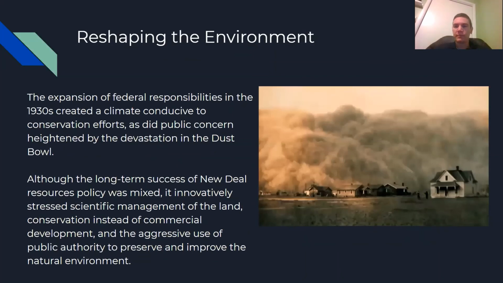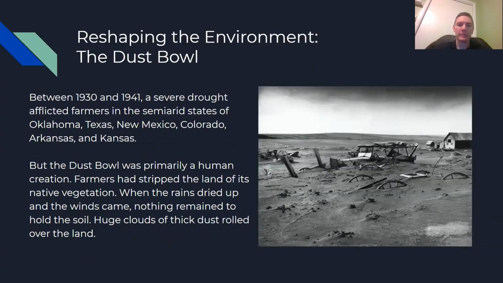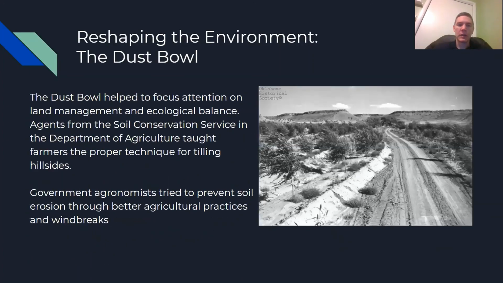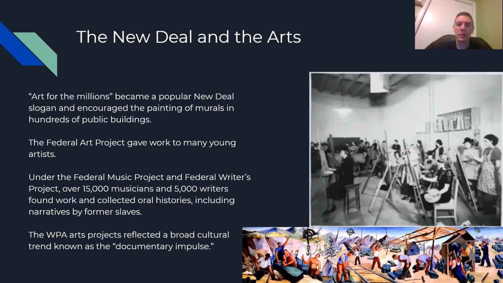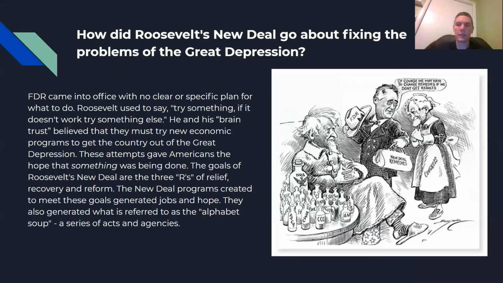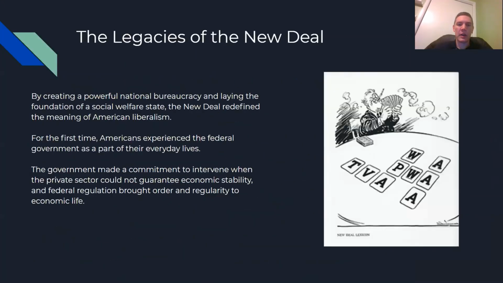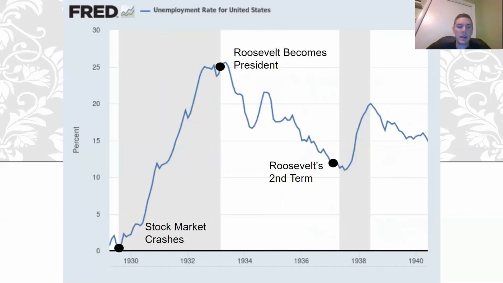The Dust Bowl created economic problems in the Great Plains at the same time as the Great Depression. So many Americans had to move to places like California. TVA is another program, gave people jobs, but it also gave people electricity. Okay, the WPA painted, and there you go. That's it for the Great Depression. That's it for Unit 6.